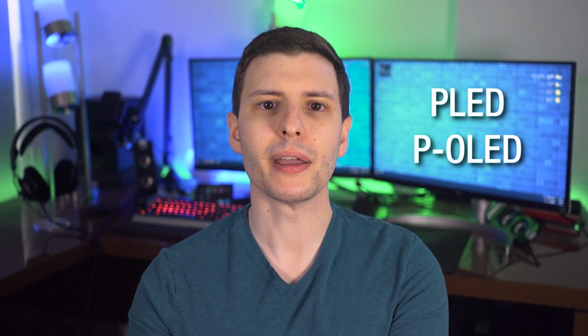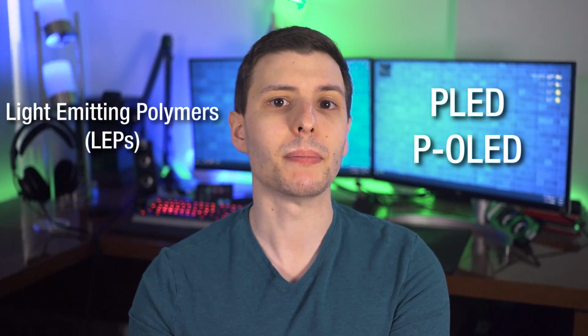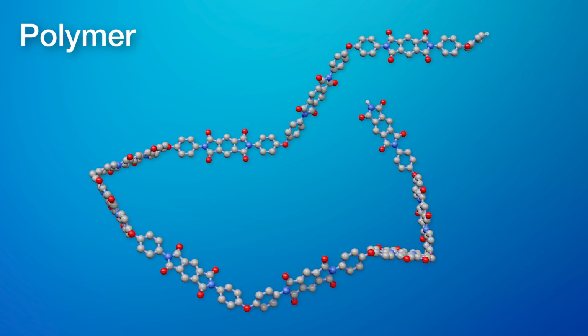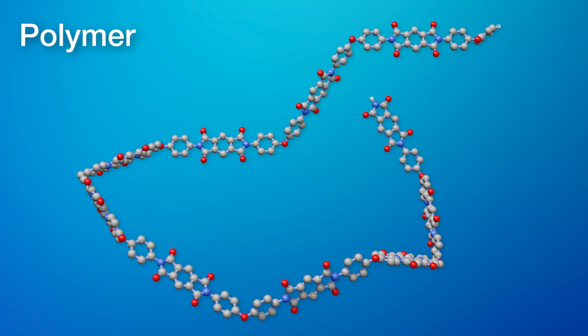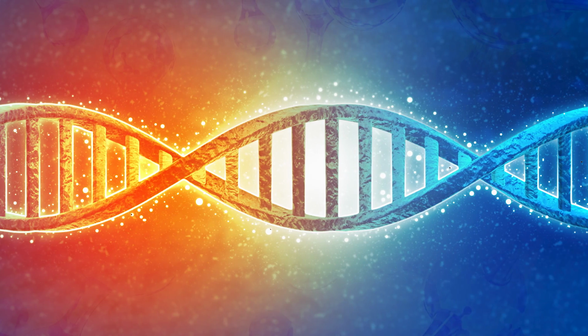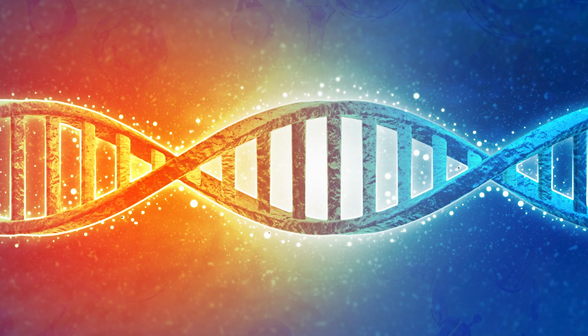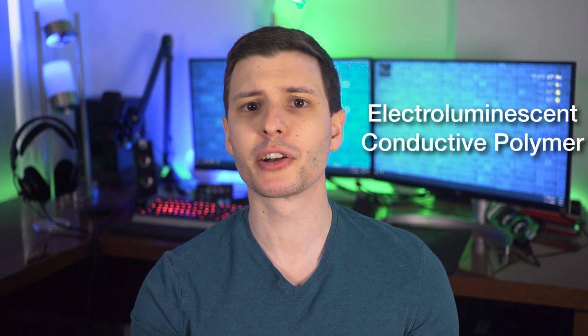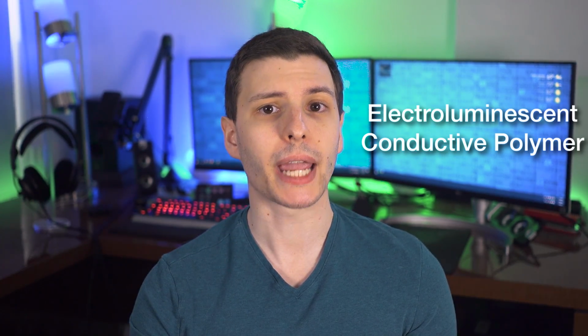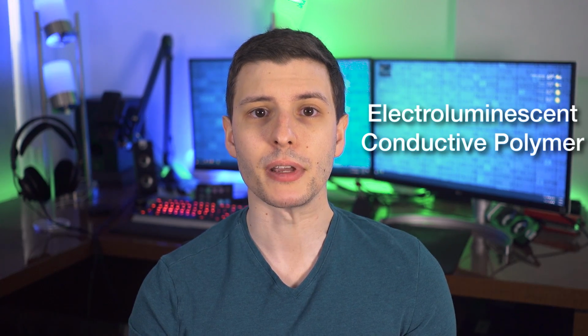The other type of technology we can talk about is called either PLED or POLED and uses light-emitting polymers or LEPs. A polymer is a general term for typically very large molecules with repeating subunits. So basically a big molecule with a repeating pattern forming a chain. For example, DNA is a polymer, along with nylon, silicone, rubber, and lots else you probably see every day. Anyway, POLED uses a type of polymer called electroluminescent conductive polymers, which is fancy talk for an organic polymer that lights up when charged with electricity. Apparently, by substituting different so-called side chains on the molecule, you can determine what color it lights up as.